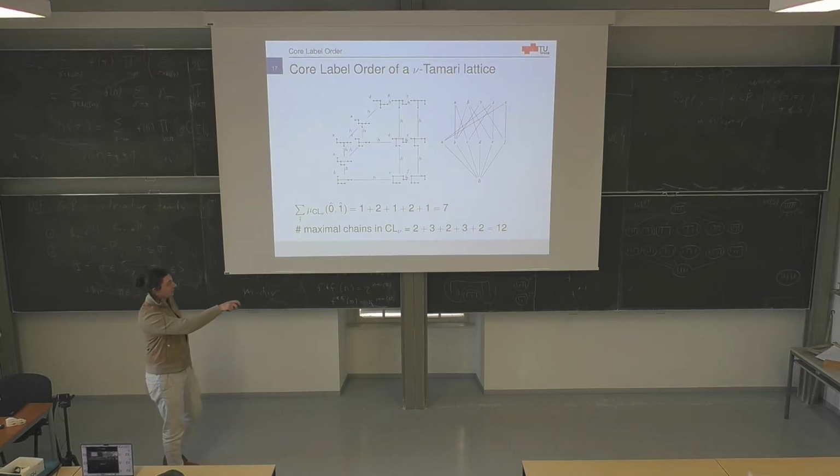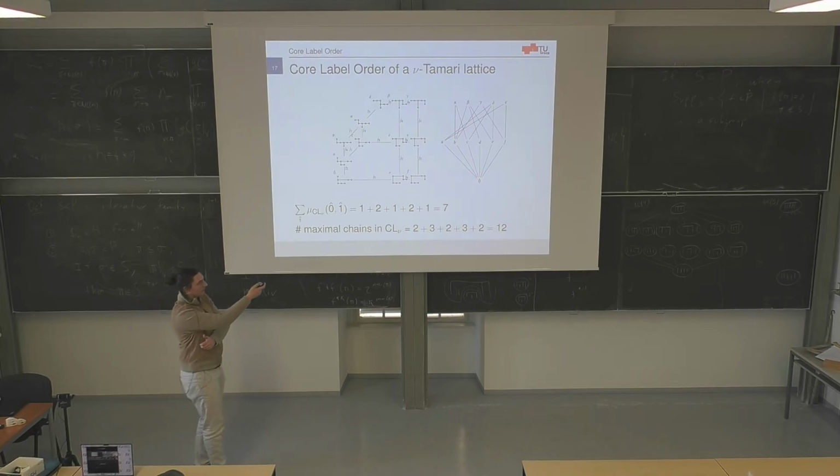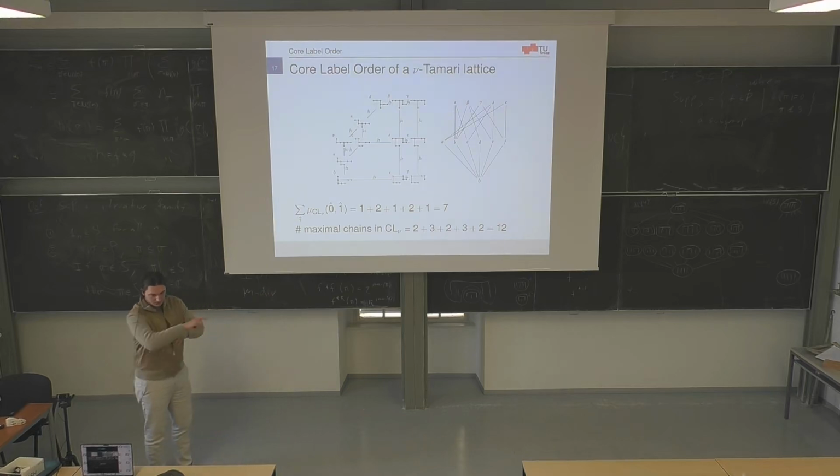I'm summing up the Möbius function from the 0 element to alpha. This one is the 1. The next one is, so in this, the overall maximal elements. Okay, so you can have more elements on the top. In this case we only have two levels, so you can easily check. And then I'm taking the sum of all.